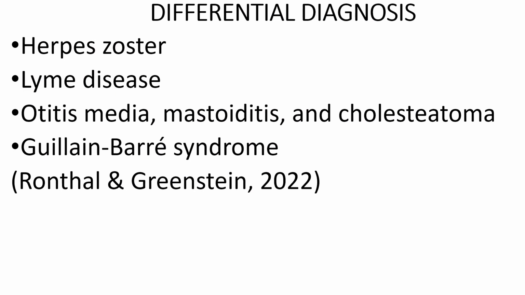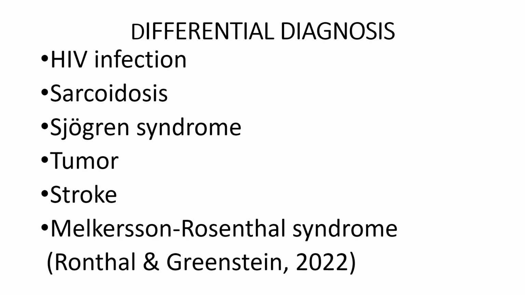Differential diagnoses for Bell's palsy includes herpes zoster, Lyme disease, otitis media, mastoiditis, cholesteatoma, Guillain-Barré, HIV infection, sarcoidosis, Sjogren's syndrome, tumor, stroke, Wilkerson-Rosenthal syndrome. If you're interested in delving more into these differential diagnoses, follow my citation from UpToDate, and there is an extensive explanation of the